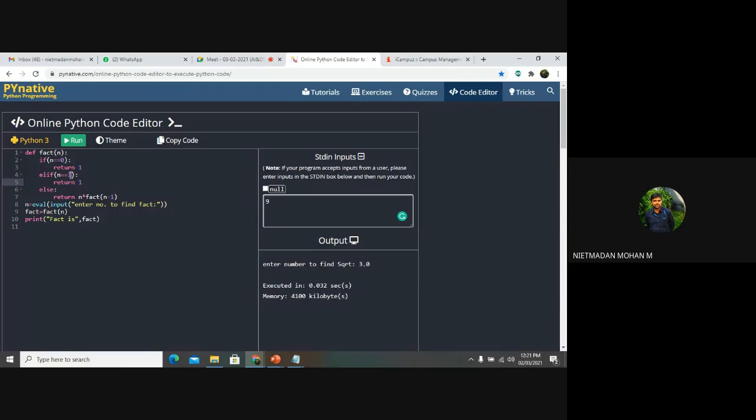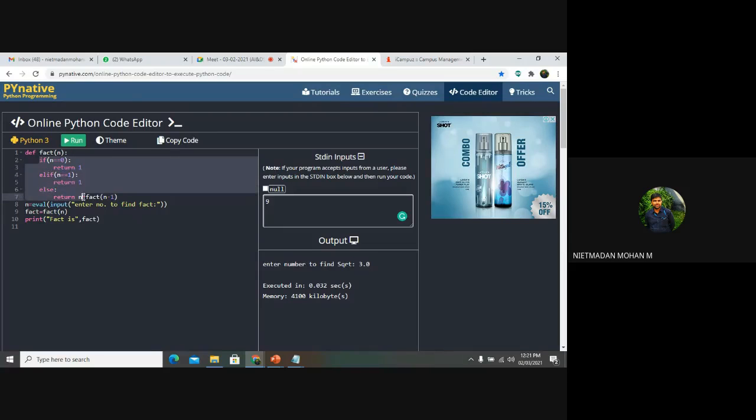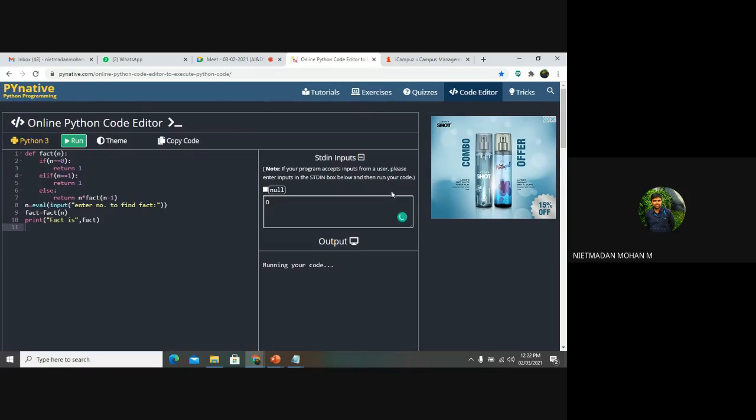In that case, I have mentioned that n is equal to 0. So in this case, we can use that if and else statement to find the factorial number of a number starting from 0. If you give the value as 0, then it will produce the result as fact of 1.